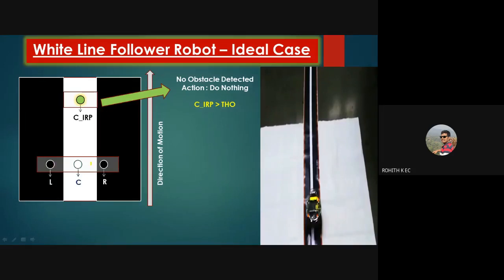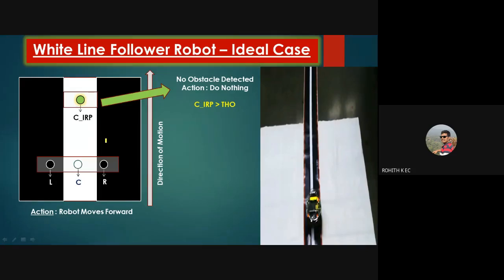Then your white line sensor should sense these values: L for left sensor, C for center line sensor, R for right sensor. If I want to move forward, left sensor should detect black color, center should detect white color, right should detect black color. If this is the scenario, then what is the action that I'm going to take? I will move my robot in the forward direction.